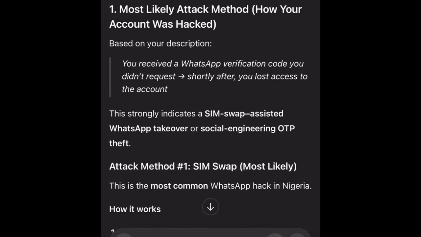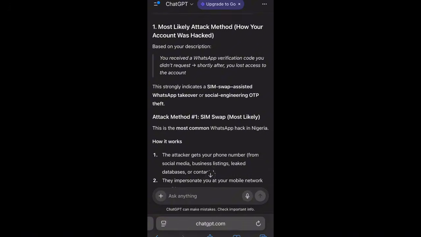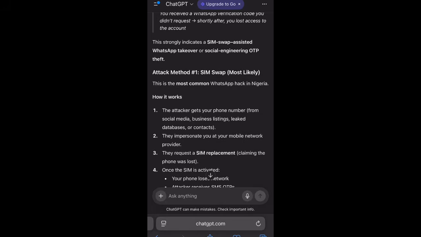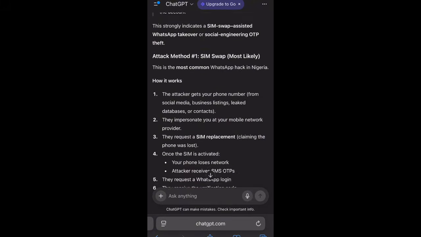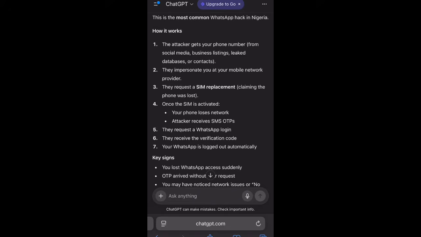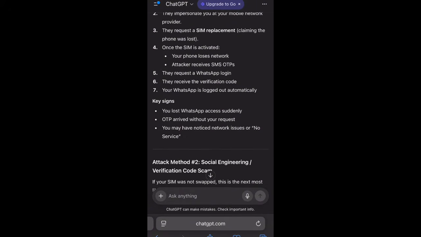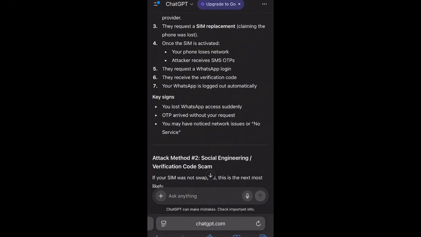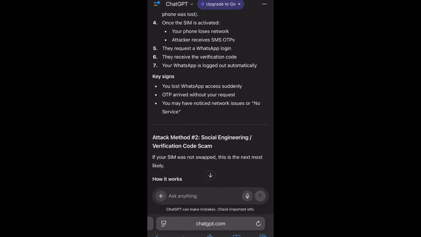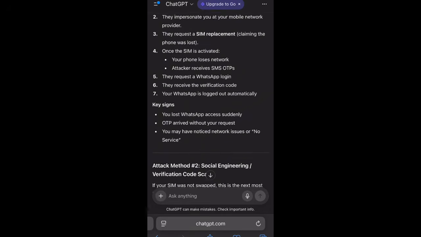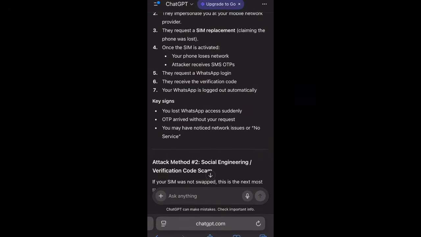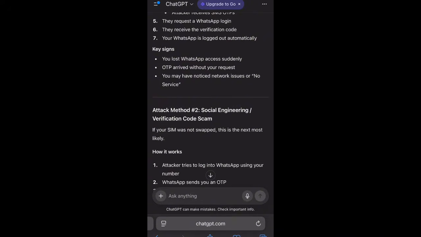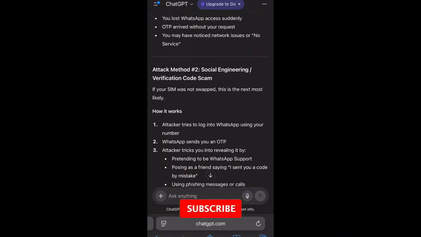Now, as you guys can see here, we have the number one method, which is basically a SIM swap assisted method. This is basically where the hacker goes to the normal SIM provider and gives them your number, which the person might have gotten through your social media, or the person knows your number normally, and then they request a SIM replacement. Then they lie that they lost their mobile device, trying to impersonate you, and as a result your SIM was swapped to a new SIM. That is, your phone number was inserted inside the new SIM, and then from there they try to log in with the number, and before you know it, they get the verification code